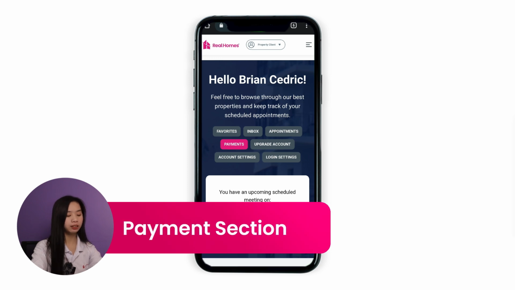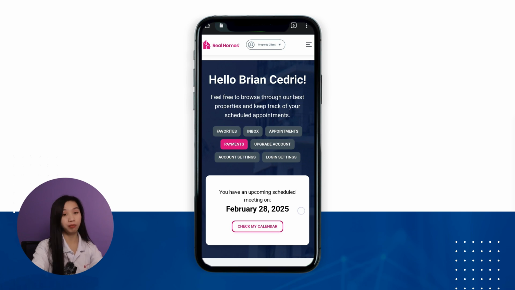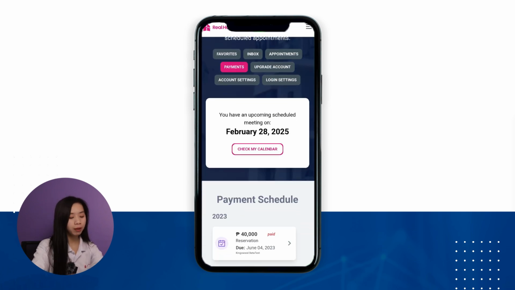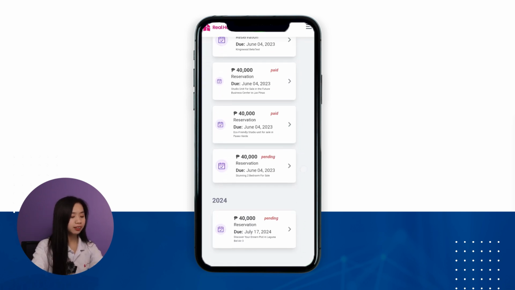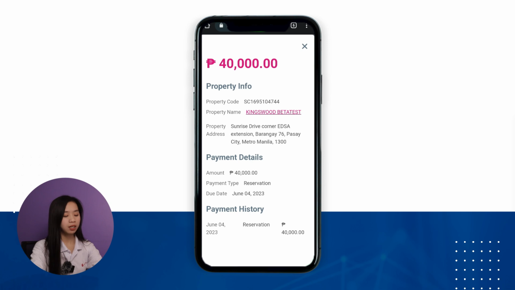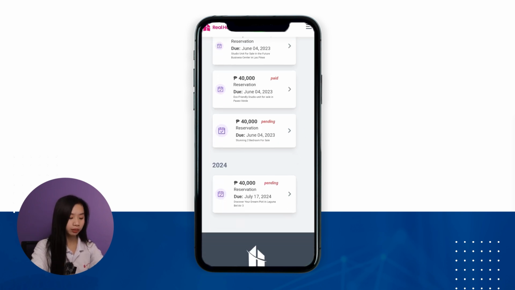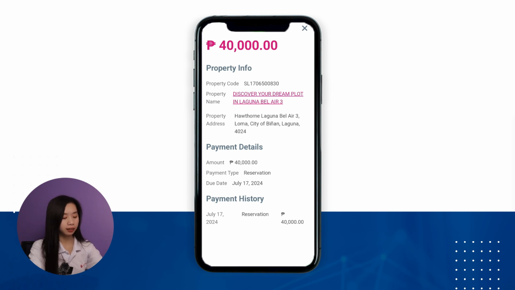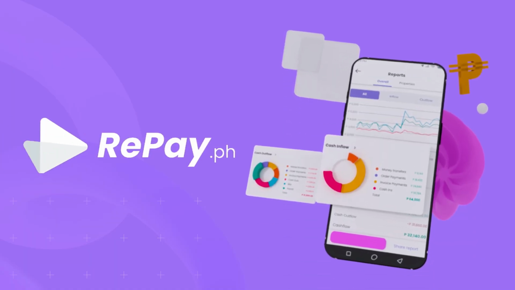The payment section is your central hub for tracking payment schedules and managing financial transactions effortlessly. Whether you're making a down payment, settling the full amount, or keeping track of your upcoming bills, this section ensures you stay on top of your payments. For instance, if you purchase a property and have a set of due dates for installment payments, you can easily monitor them here to avoid missing any deadlines. To make the process even more convenient, RealHomes can integrate with your RePay account, allowing you to process payments quickly and